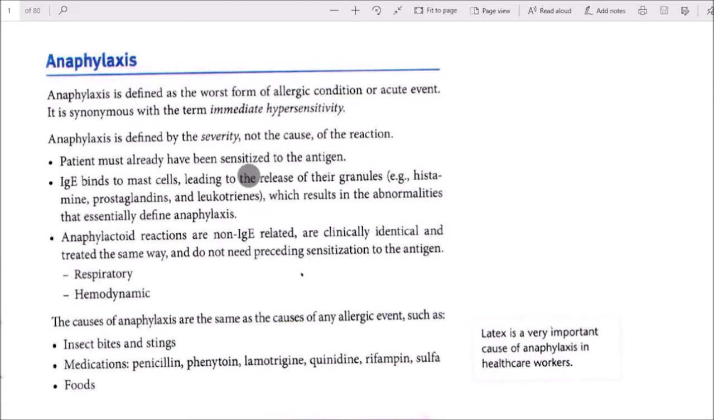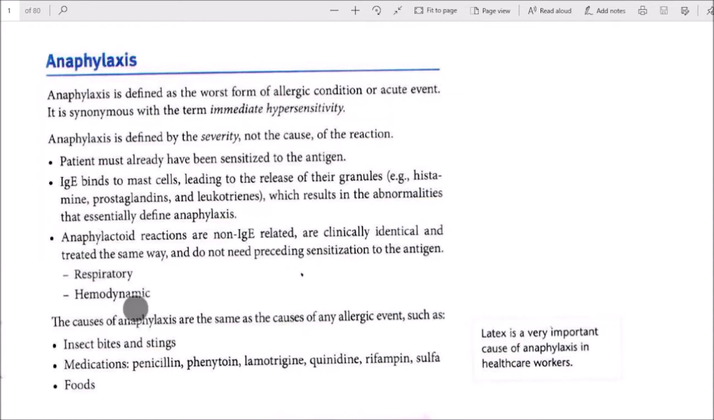The patient must already have been sensitized to the antigen. IgE binds to mast cells, leading to the release of granules, then histamine, prostaglandins, and leukotrienes, which result in the abnormalities that essentially define anaphylaxis. Anaphylactoid reactions are non-IgE related, occur identically and are treated the same way, but do not need preceding sensitization to the